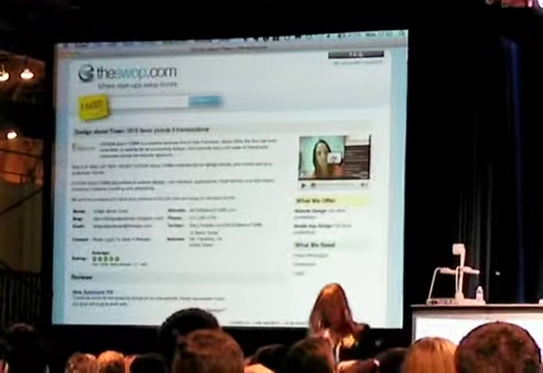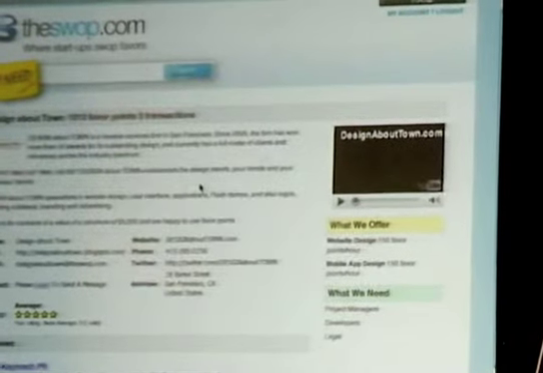Now, part of our business model is we're freemium to start off with, but as we grow the network, we'll probably offer one-on-one videos, which we're doing for free at the moment, as a premium service. So he watches the video of Solana, who runs Design About Town. Now, as he's watching the video, he hears Solana mention the fact that she's just redesigned all the TechCrunch 50 logos, which indeed she has.